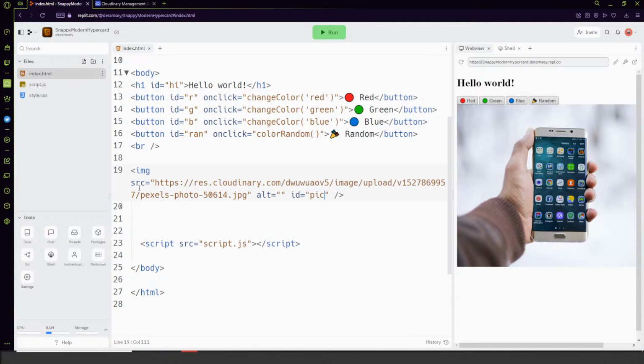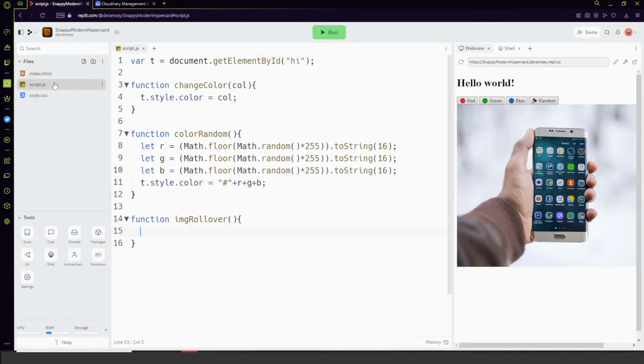When we're changing an attribute, we just refer to the attribute that we're changing. In this case, it is src. So we're going to change the src attribute of our element with the ID of pic. So it's going to be document.getElementById, and you could choose to do this as a variable as well if you'd like. No big deal. pic.src